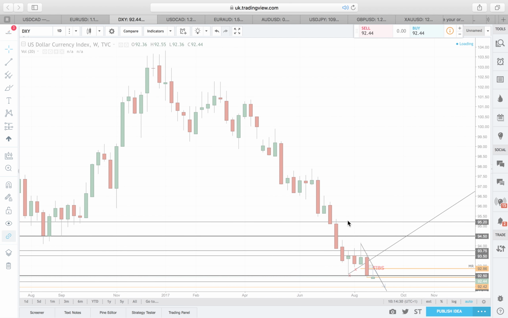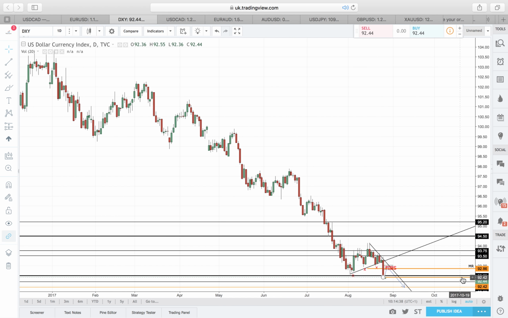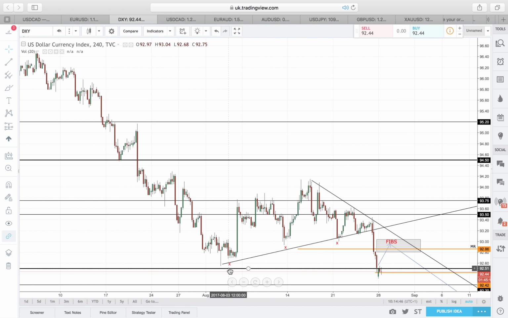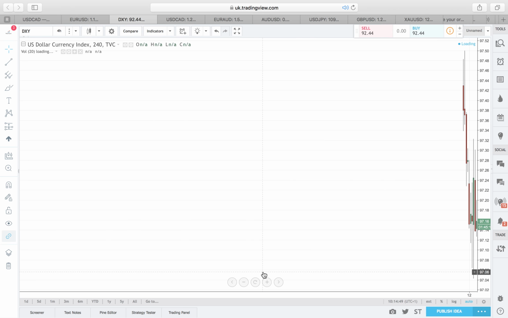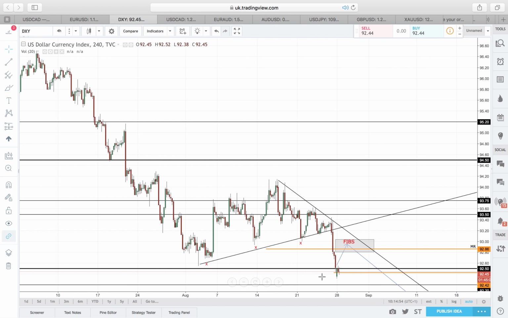Okay, when I go to the daily chart, we see a break of this triangle, bearish engulfing, and expecting lower prices. We are below our zone of 92.5, which I like. On the 4 hour chart, what I expect market to do is, we've taken out these three lows here. Usually when we take out a low, market tends to retrace. But because this was fueled by fundamental, the Jackson Hole speech, market actually took out these three lows at once. So I'm expecting it to retrace.